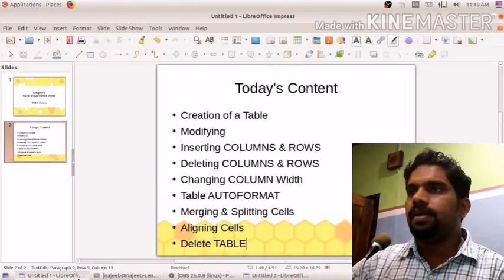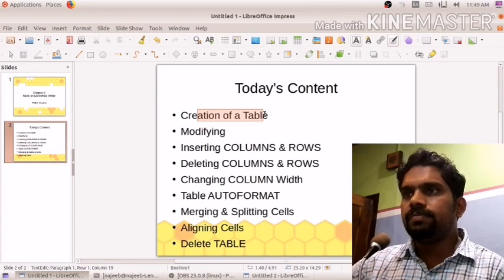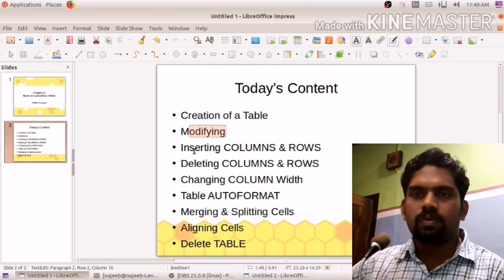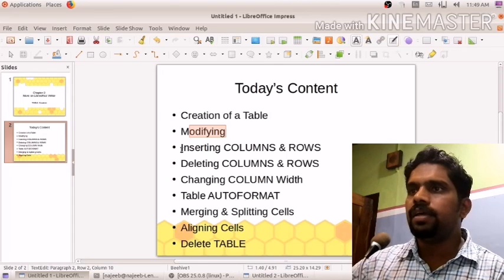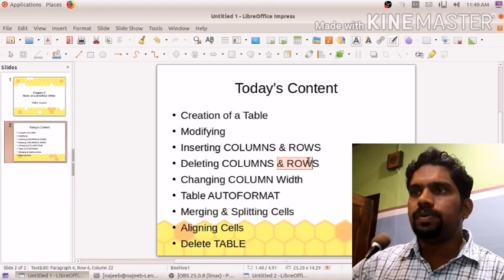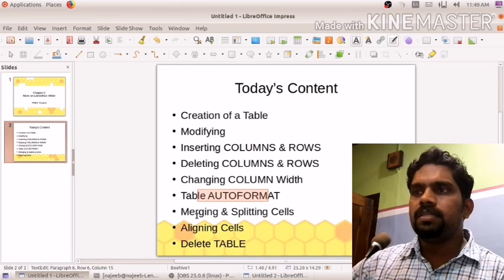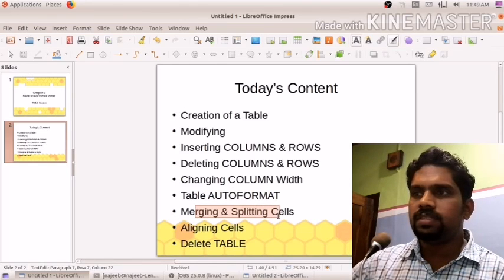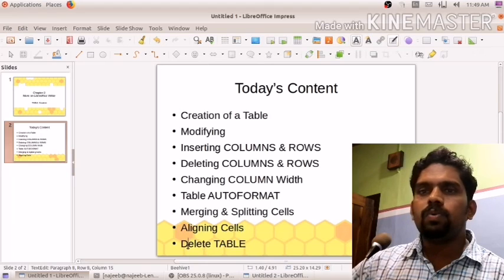So as a summary, you see today we have discussed how to create a table, how to modify a table, that is how to enter the data, how to make changes to the existing data, then inserting columns, inserting rows, how to delete a column, how to delete a row, then changing the column width, auto format styles, background styles like that, then merging and splitting we have discussed, then aligning cells, left alignment, right alignment, and center, and another thing is how to delete a table.